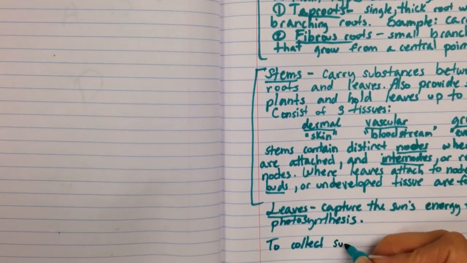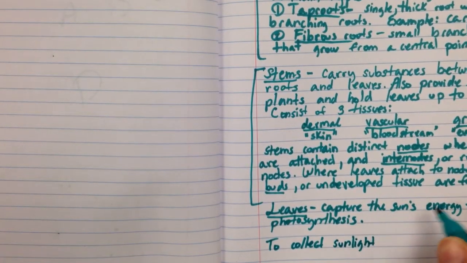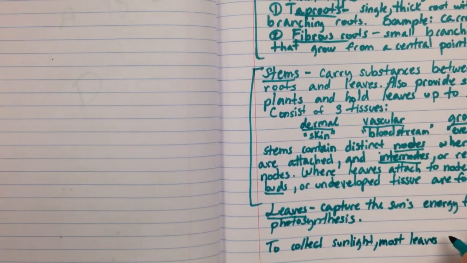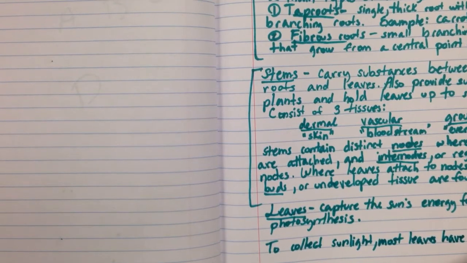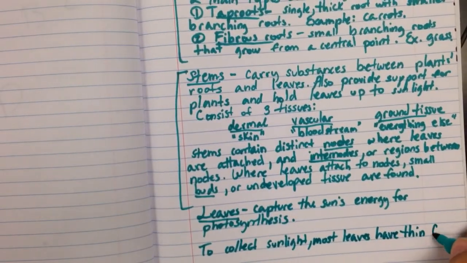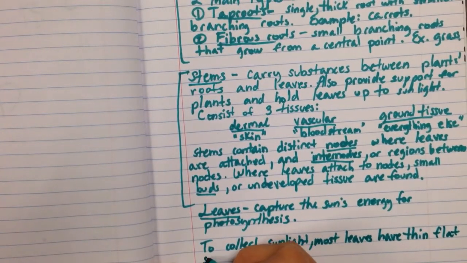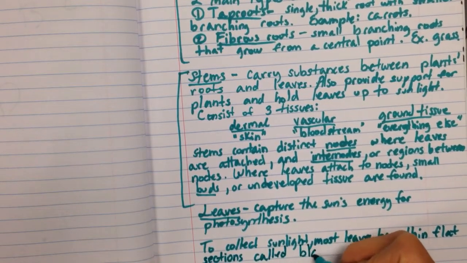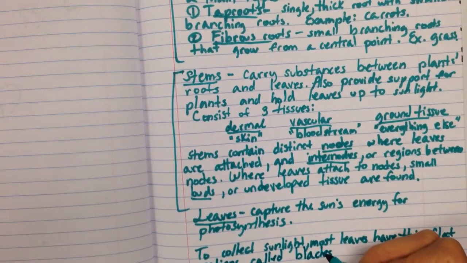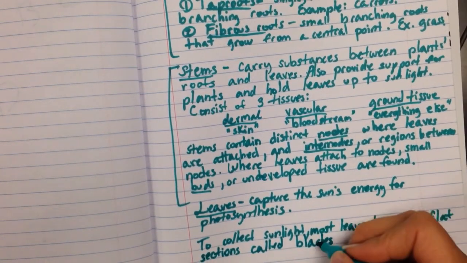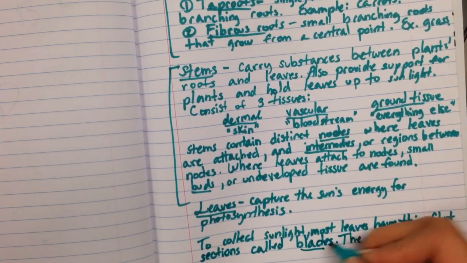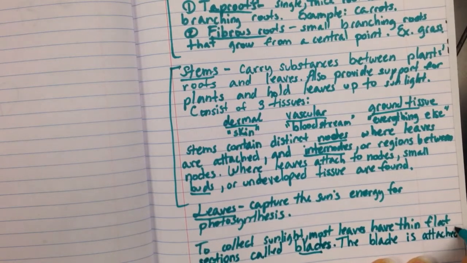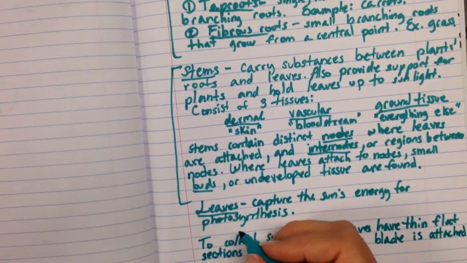To collect sunlight, most leaves have thin, flattened sections called blades. The blade is attached to the stem